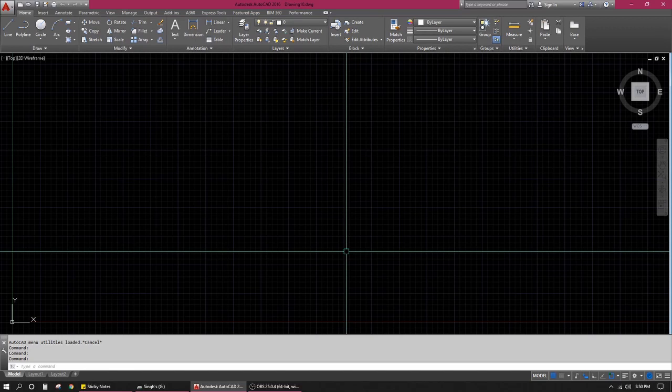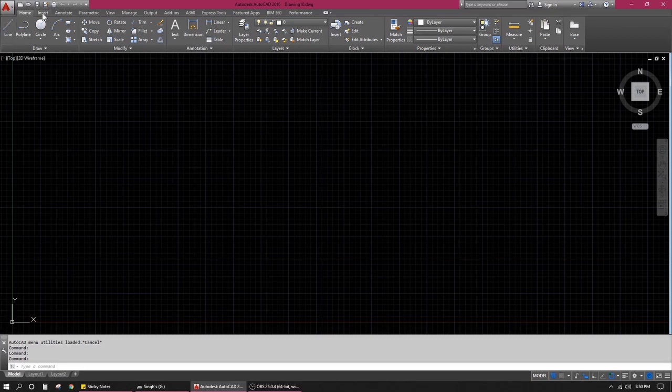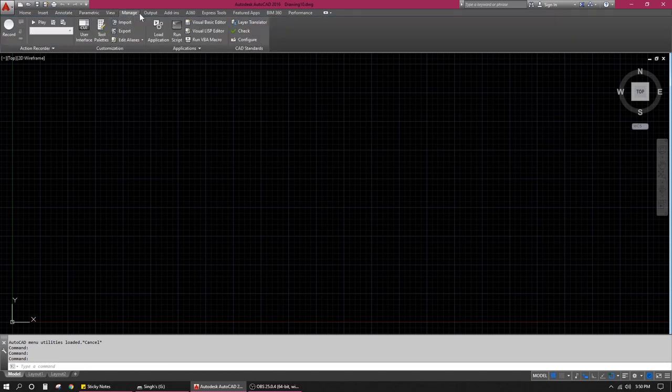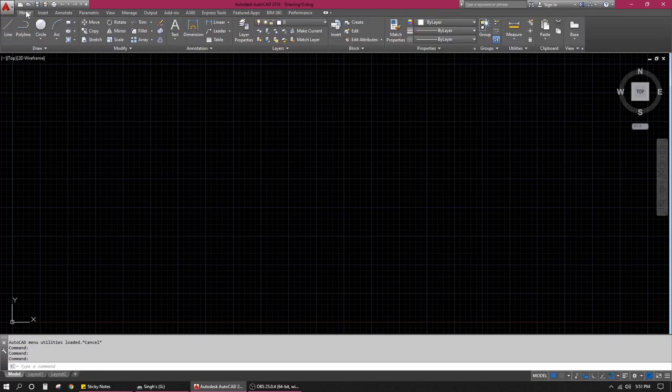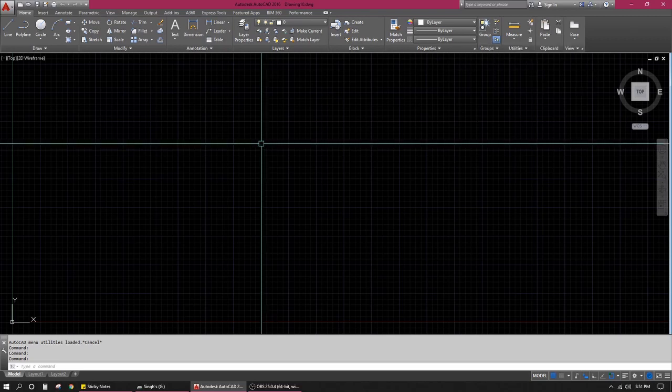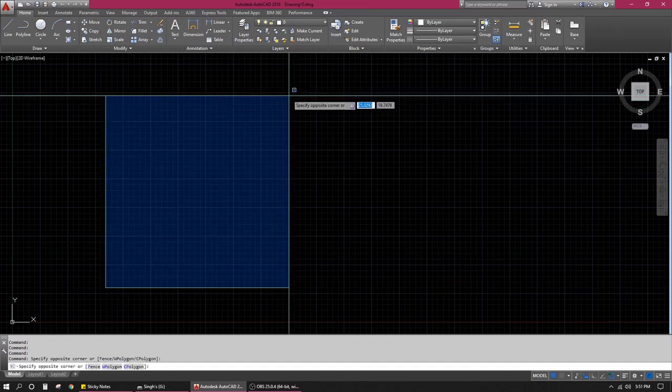Over here, the top bar that we see is the ribbon, or the options bar. It says home, insert, annotate, parametric, view, manage, and there are a lot of tools that come in handy when we work with AutoCAD. The home tab essentially has the drafting tools, then the dimensioning tools, then the layering tools, and then the line weight, line type, and aesthetics of the tools. That is how our commands are arranged, and you'll be learning it that way.